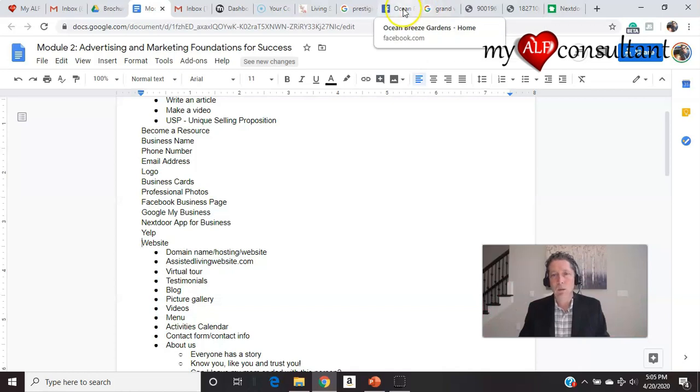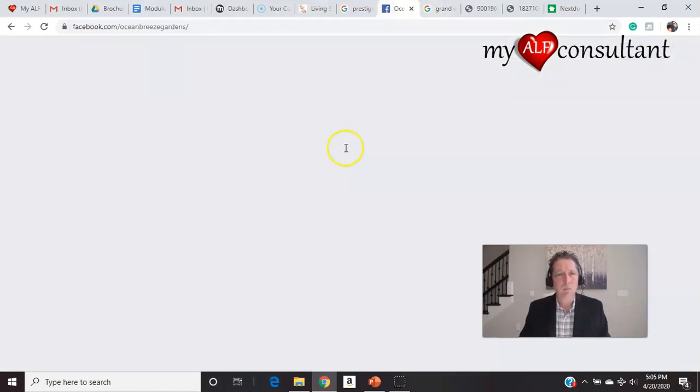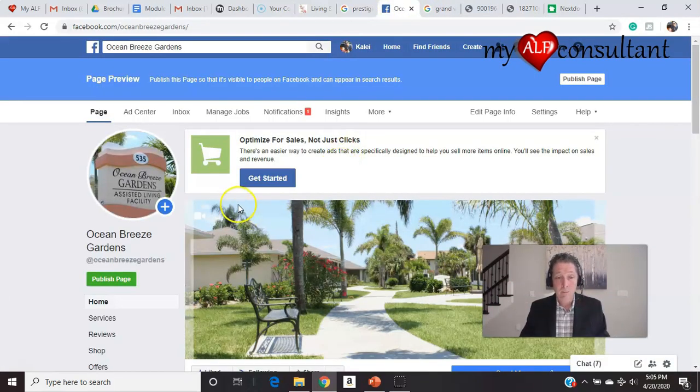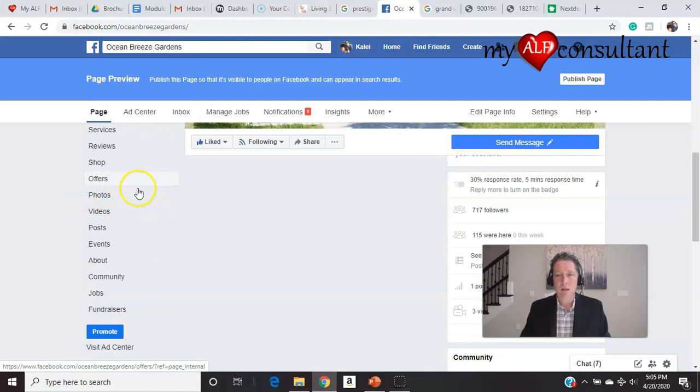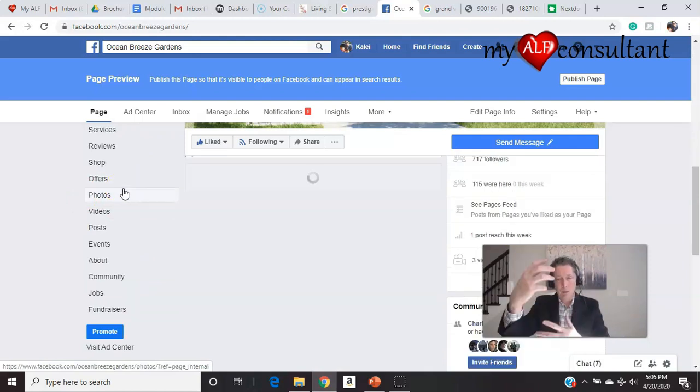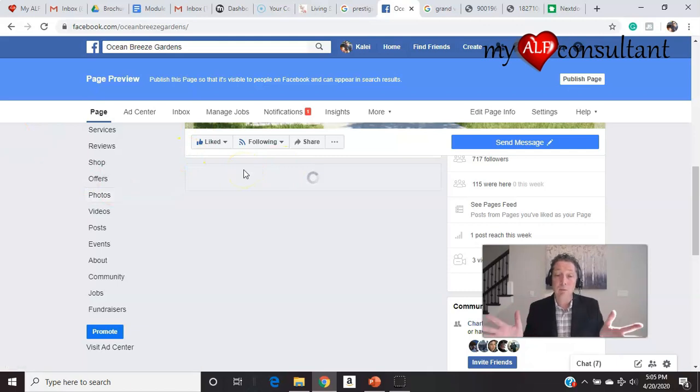Here's Ocean Breeze Gardens. If I promote my Facebook page and people come here, it's unorganized. The posts are just piled up. It's not organized and coherent, and pretty much everybody's page looks the same.